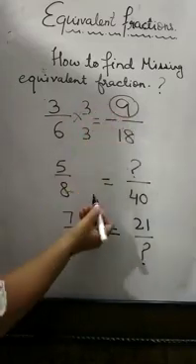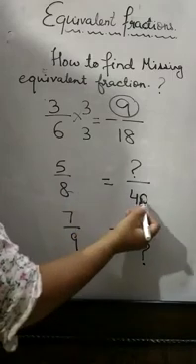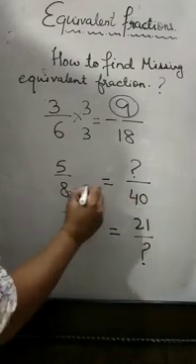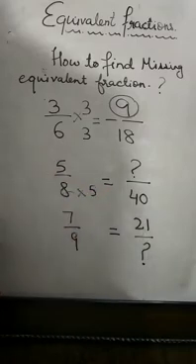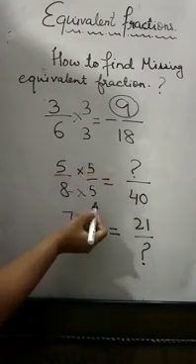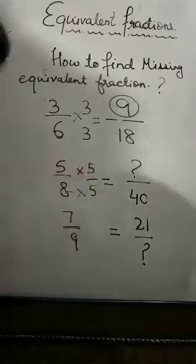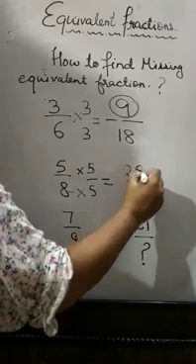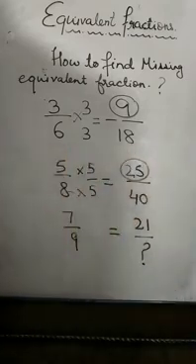Let's take another example. Same way, now both the denominators are there. So where does 40 come in the table of 5? It comes at 5th place. So it means I have to multiply my numerator also with the same number 5. Now when I multiply 5 with 5, what will I get? I will get 25. So 25 was my missing numerator.